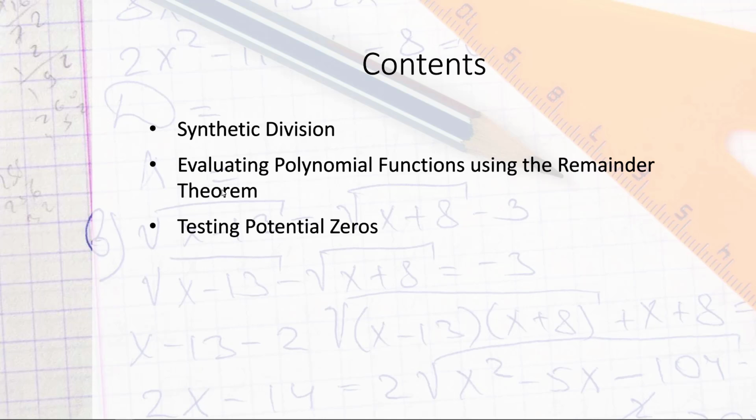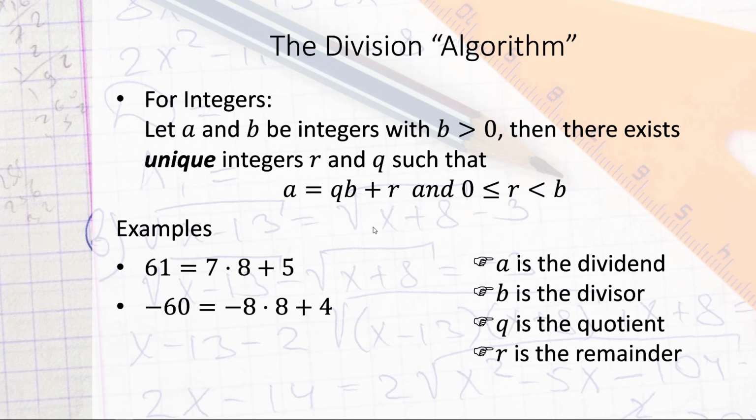can use this to evaluate functions for a particular value using something called the remainder theorem, so you don't have to compute all those crazy powers. And then we're going to use that tool for testing values to see if they are potential zeros of a polynomial. Okay, so before we do that, we're going to present this thing called a division algorithm, which is kind